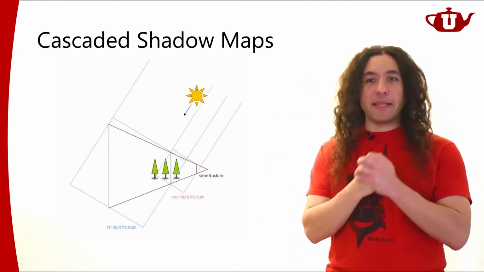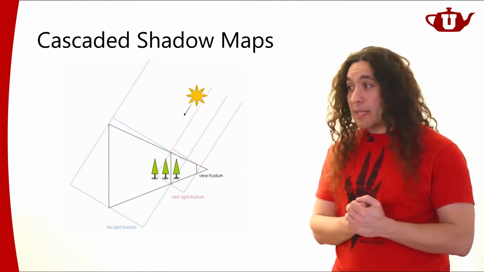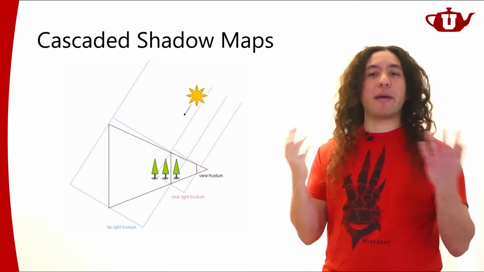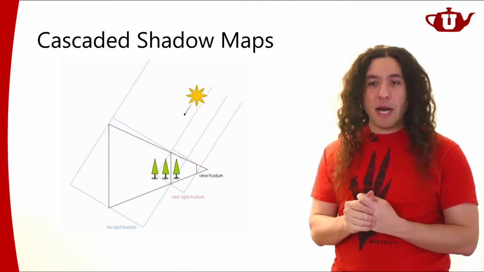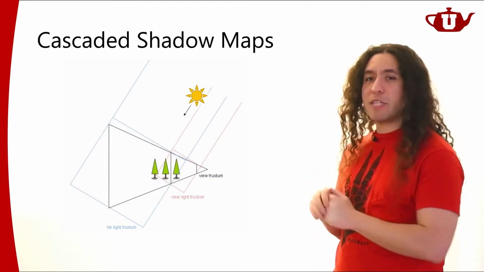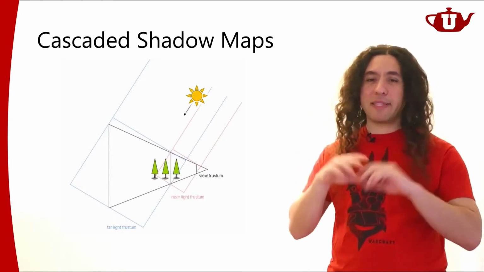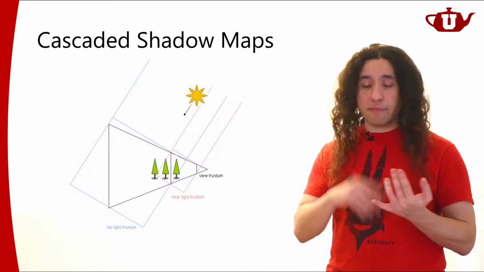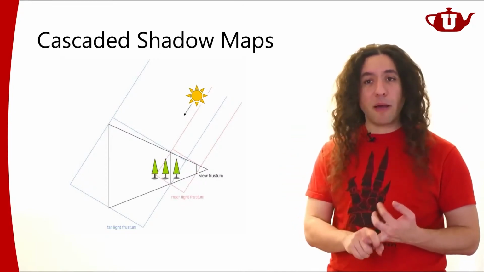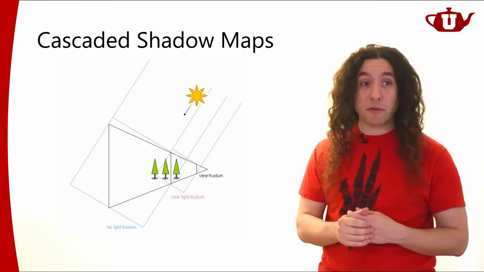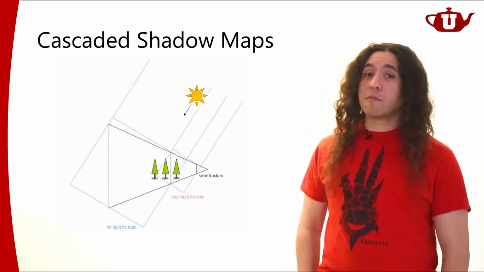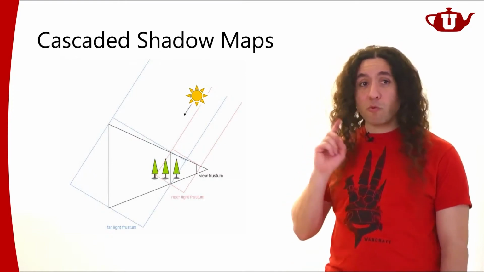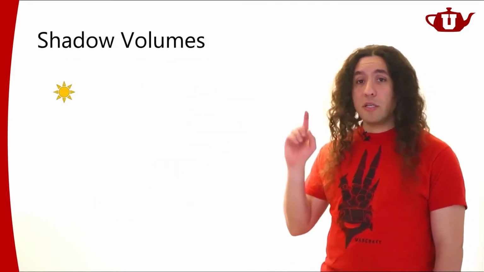Let's move on to another way of computing shadows. Now, there are many, many methods for computing shadows. I'm thinking about all these different variants of shadow mapping as just shadow mapping, right? Different ways of using shadow mapping. But beyond these ray tracing and shadow mapping, there are actually many ways of computing shadows. I have no intention of going over all of them, but I'm going to talk about one more. I'm going to talk about shadow volumes.